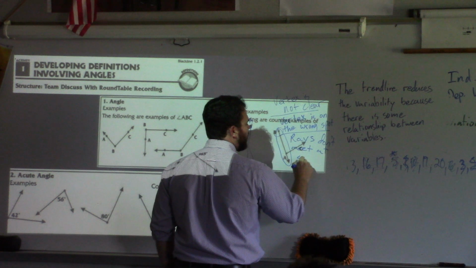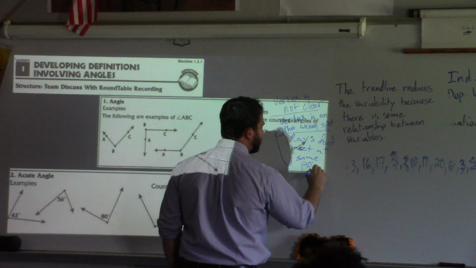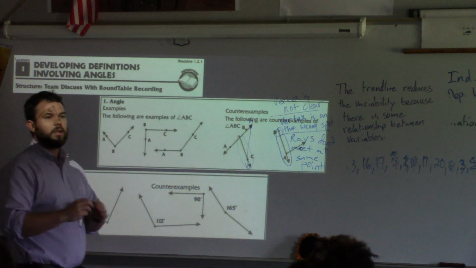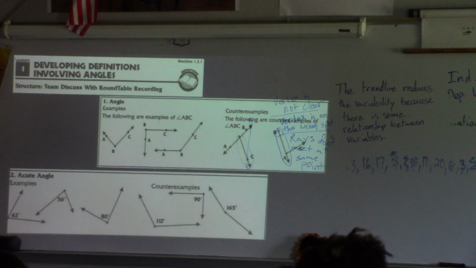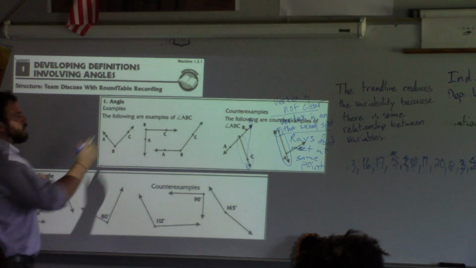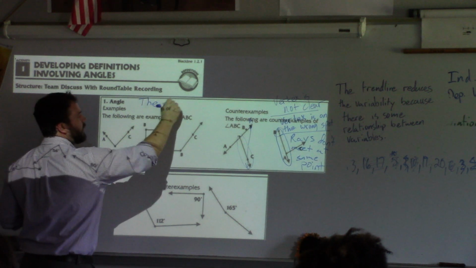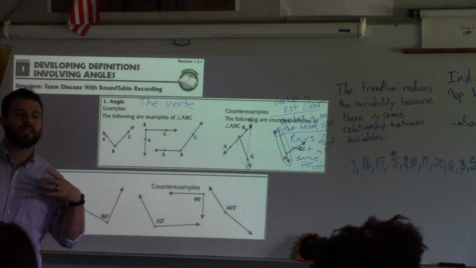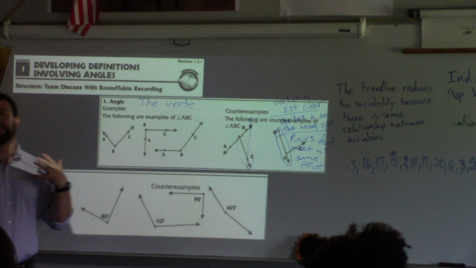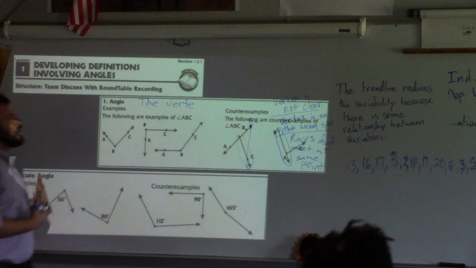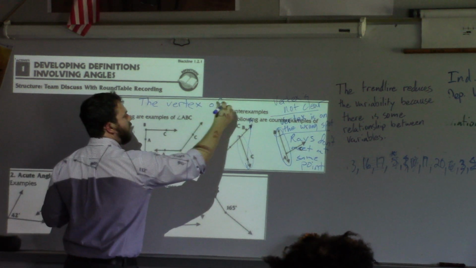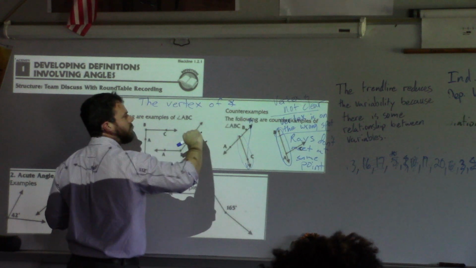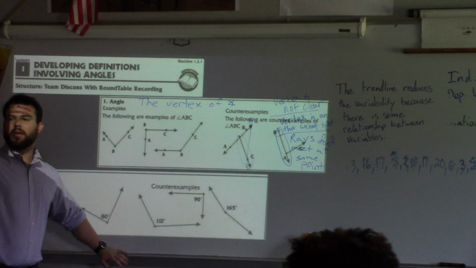At the same point. So, in conclusion, I think the biggest thing we need to notice, and I think Ari hit on it very well, is what needs to be the vertex? B needs to be the vertex, right? This may be something we want to write as a note, as a final conclusion, which means we don't have our heads down, we have our heads up, and we're paying attention and engaging and now writing. The vertex of angle,